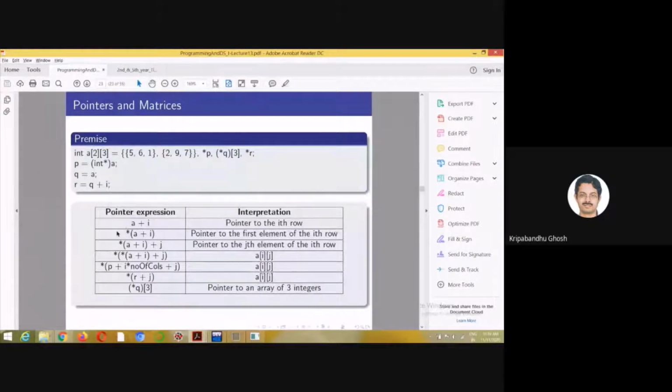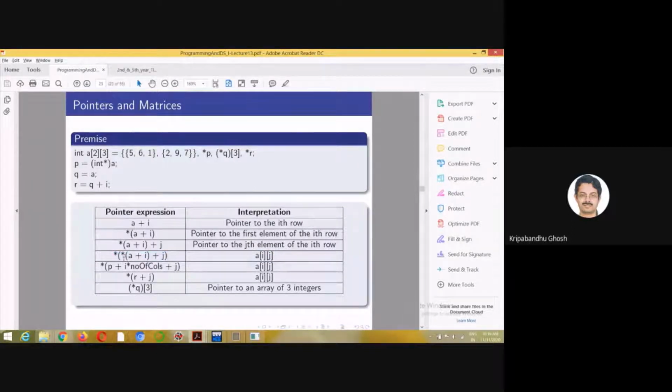So this is the starting address of the matrix, and this coincides with the starting address of the first element of the ith row. Don't ask me why, because this is the way it is done. And this is the address of the jth element of the ith row, which is ampersand Aij, and this is Aij.